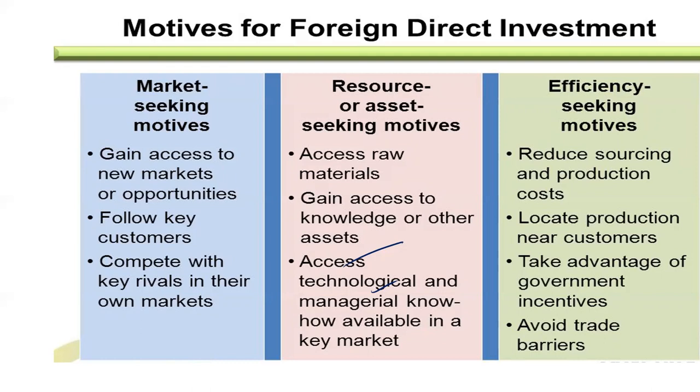So let's see once again. In market seeking, you are trying to control the market, compete with the rivals, and follow the key customer. In resource or asset seeking, you want to gain access over the raw material or the technology and equipment, the managerial control, and the knowledge assets. And in efficiency seeking, you want to reduce the cost of production, take advantage of the government incentive, and locate your production unit near the customer. I hope these three